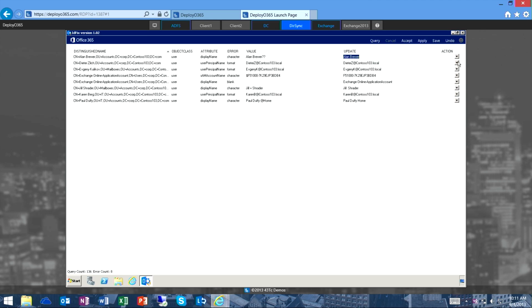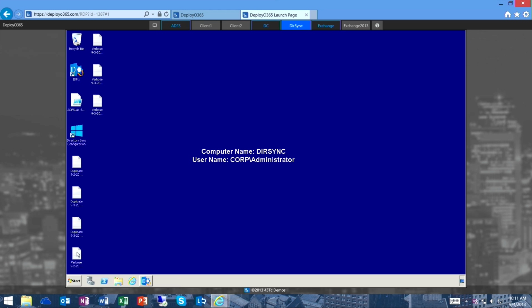I then choose what action I want to take. So I can say, you know what, I'm going to make that edit, I'm going to remove that account from the sync, or I'm going to mark it as complete and say that it's fixed. Once I do that, I hit accept and it'll apply those changes for me. As I do that, IDFix is also keeping a log of all the changes made to those accounts. Because you're not going to randomly change accounts in AD and not have a log of it. Because if it turns out that the account I updated is Jeff Medford at Microsoft.com, and Jeff's actually also the service account that's running one of the key services internally, it's going to cause us some problems.